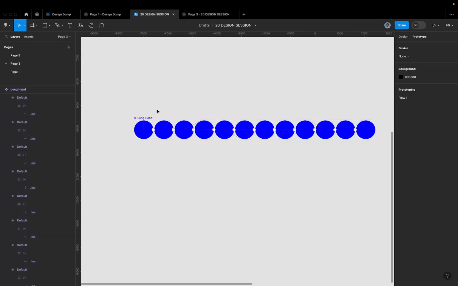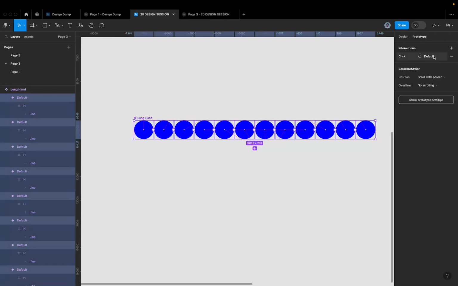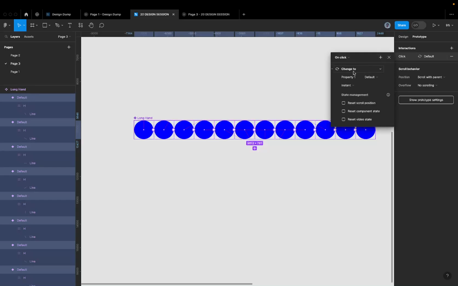So what I can do now, just to style the prototype, all the links in bulk, is just to click on the components and press enter, and you're going to have the interactions. Since they are the same interaction, I can just change everything here by default, in bulk. So just come here, change it from on click to after delay, set the delay to 0,